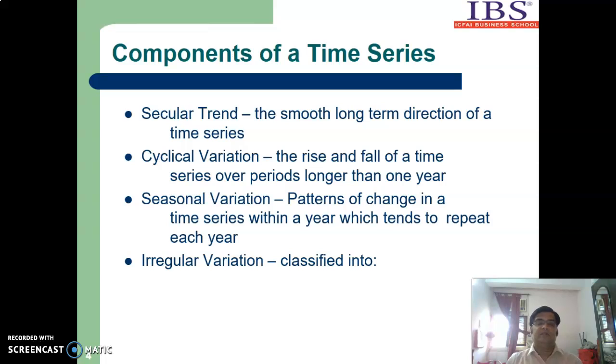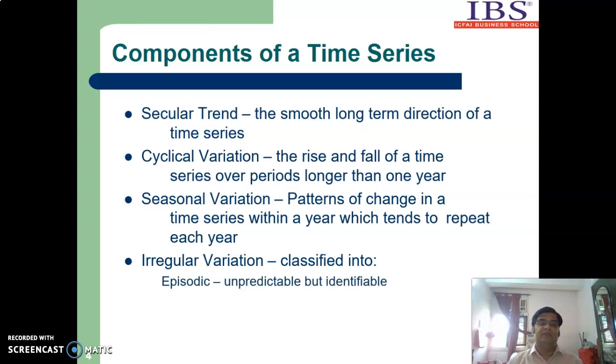Because it has a pattern. Just like the AC sales, the AC sales will go high in the month of May and June. So every year, if we plot the data, we'll see that in the month of June in case of AC, and for car sales in the month of October, there is a high surge, there is a high rise in the sales. So this is actually called a seasonal variation, which is very important. We'll study this in detail.